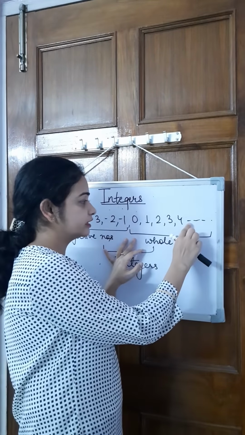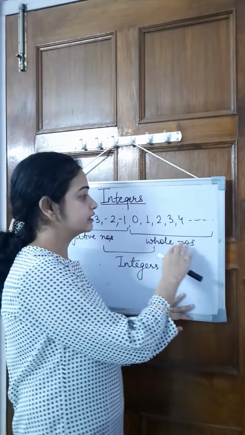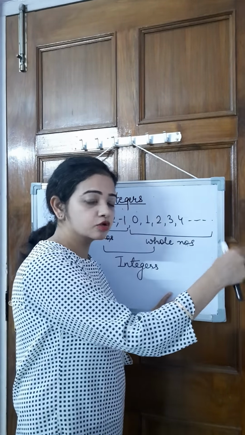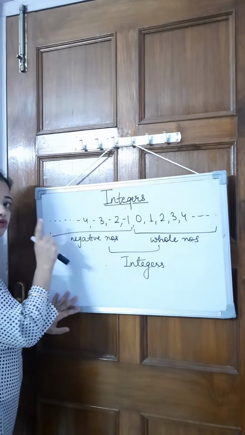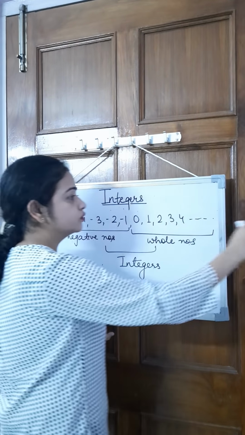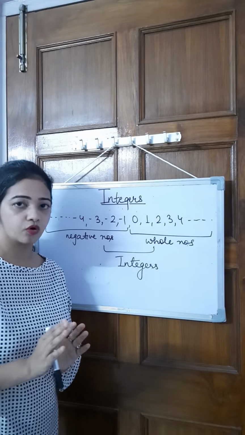Yes? And what we can see here are two things. In whole numbers, we write a few numbers and then we put dashes. This represents that I can write as many numbers as I want, or we can say that there is no largest whole number. Similarly, when I take negative numbers, I have written -1, -2, -3, -4 and then again put dashes here. This means I can write as many negative numbers as I want. And there is also no limit, meaning there is no starting point here. No smallest number and no largest number. We can increase it in both directions as much as we want.